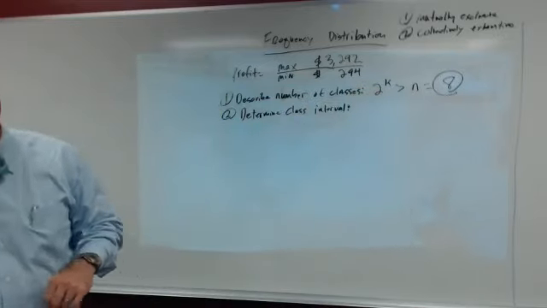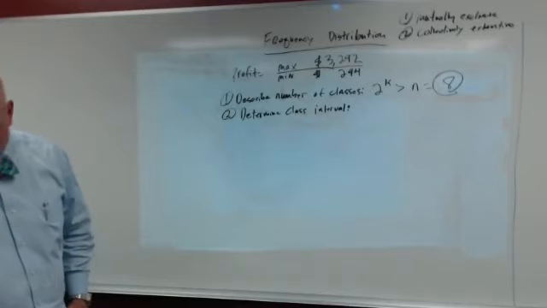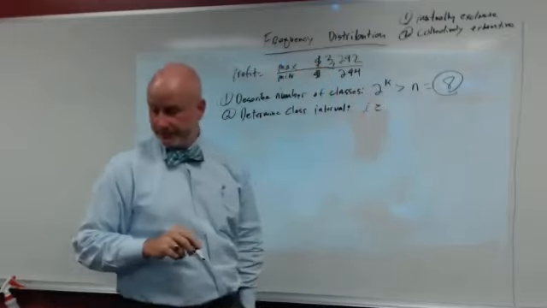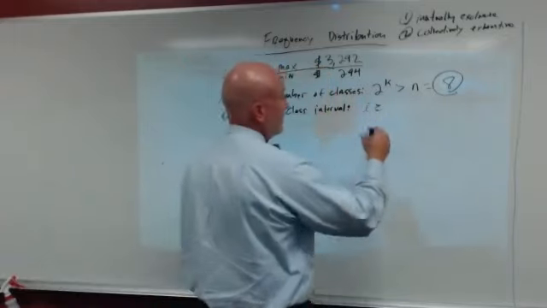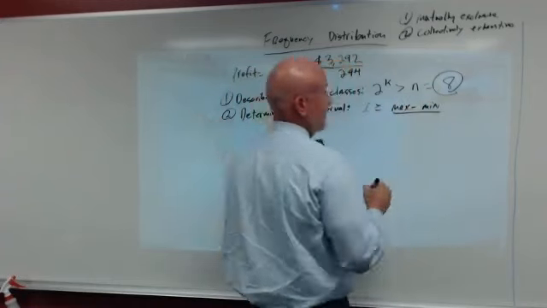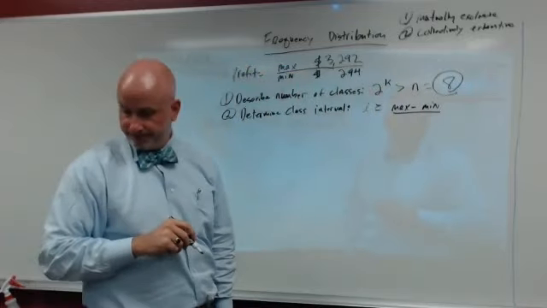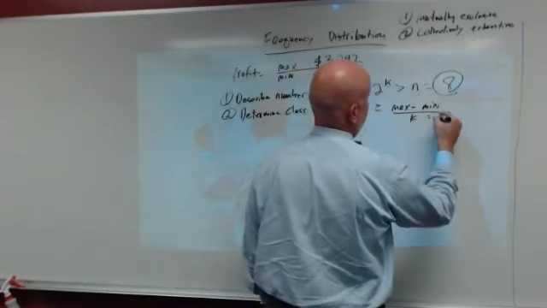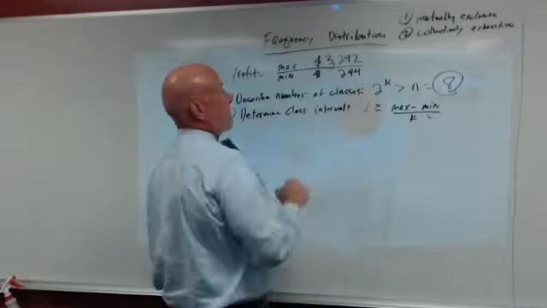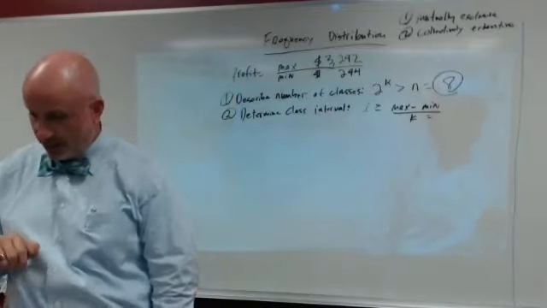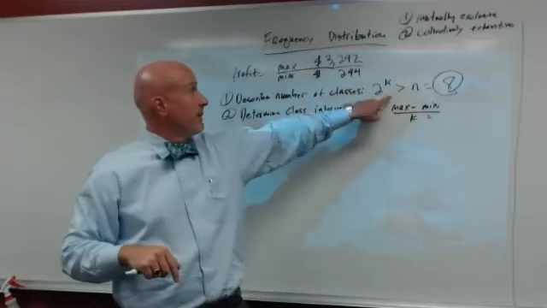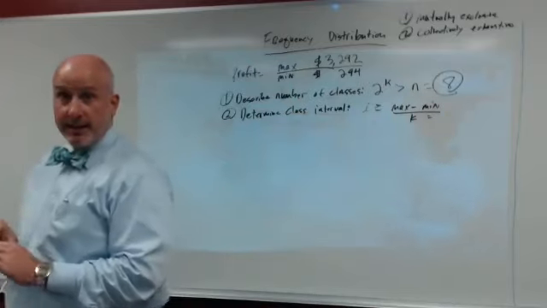So in order to determine the class interval, we say that I is greater than or equal to the maximum value minus the minimum value divided by K, or 8. So my maximum value, 3,292, minus my minimum value, 294, divided by K, or 8, gives me